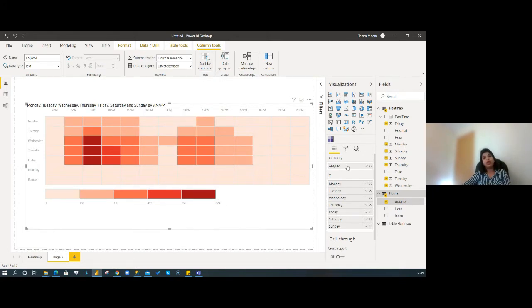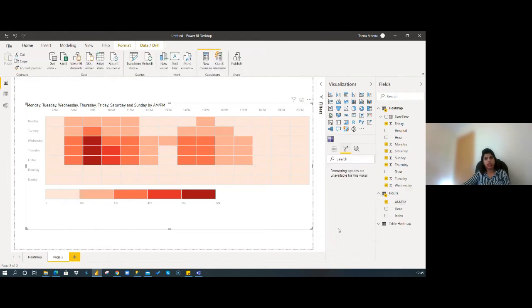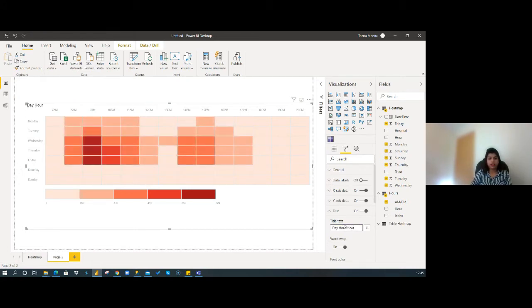Now, let's change the title of this heat map and call it our heat map.